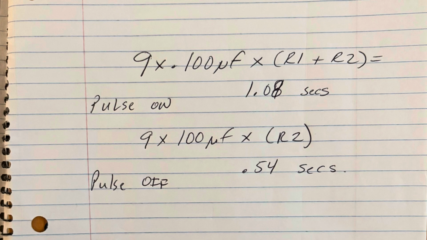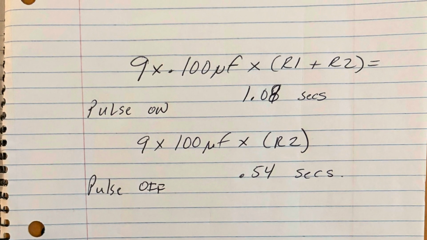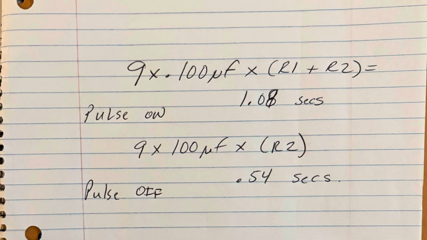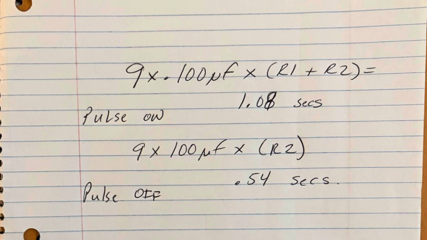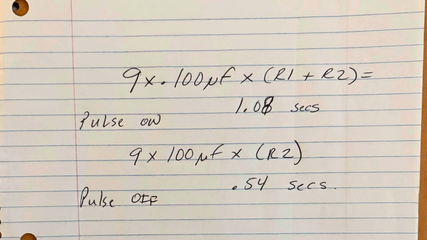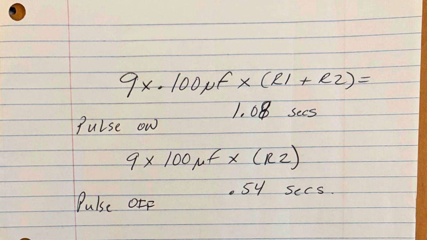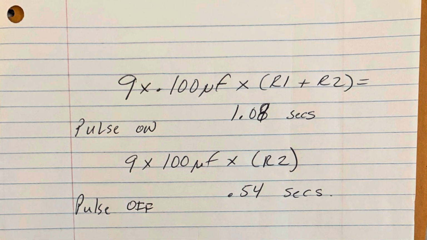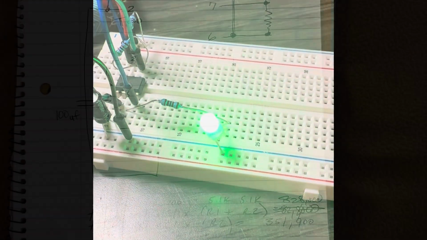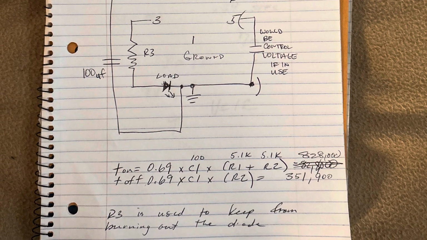Pin 4 is the reset, and that's jumped back to pin 8 or the positive input. Pin 5 would be the control voltage if it were in use in this circuit, but we bypass that. And pins 6 and 7 are my threshold and my discharge. There are two resistors of 5.1K ohms between pins 6 and 7, and then 7 and 8, which would be